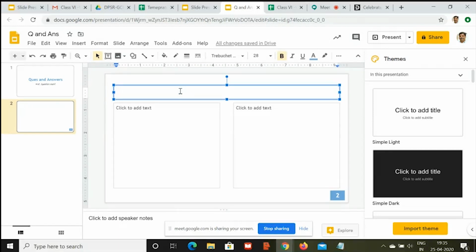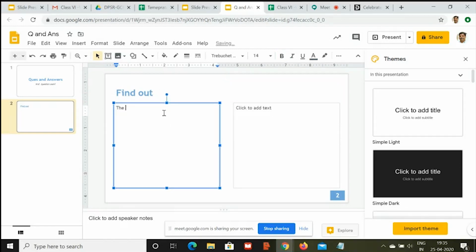So, find out is my question category. The height of a triangle where base is 5 and diagonal, what is it?